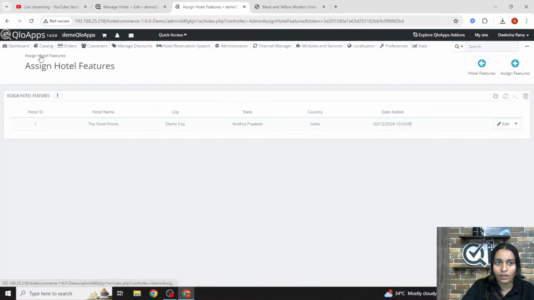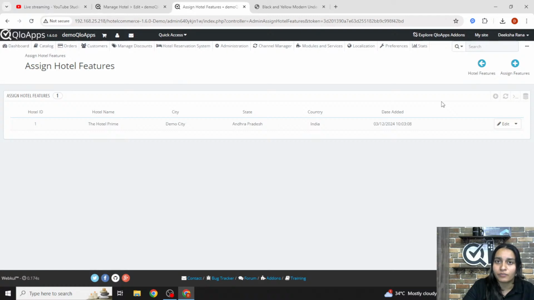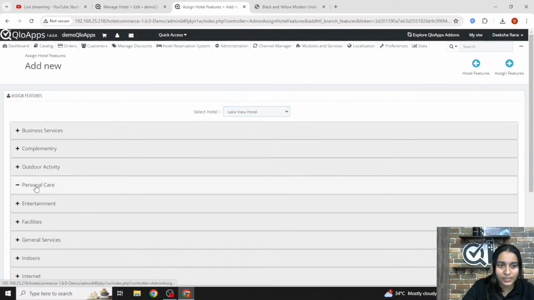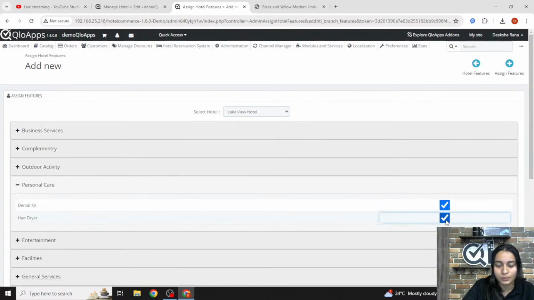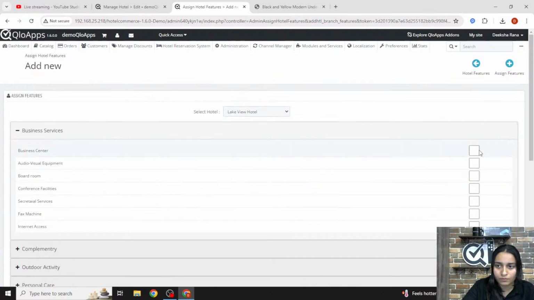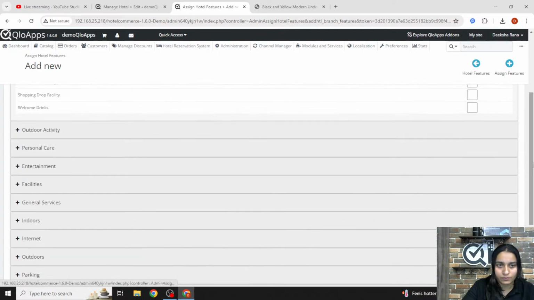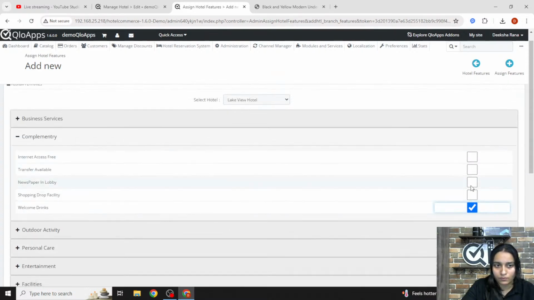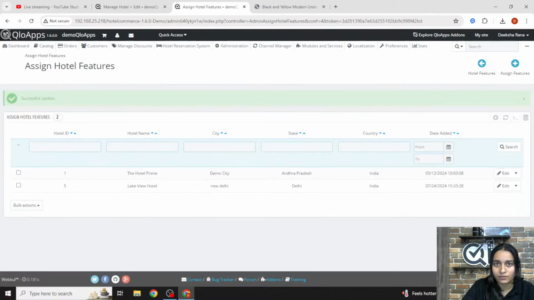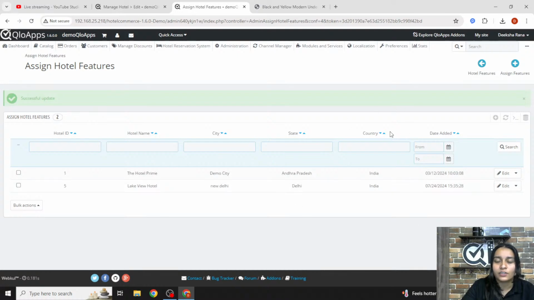property. And to assign the amenities to new property, we'll simply click on the Assign Features button again, and then we'll select the property for which we want to assign the features. Now you can select all the amenities which we want to assign with this particular property. So let me just select a few. And then we'll click on the assignment. So this is how you have to assign the hotel amenities to the particular property that you have added in